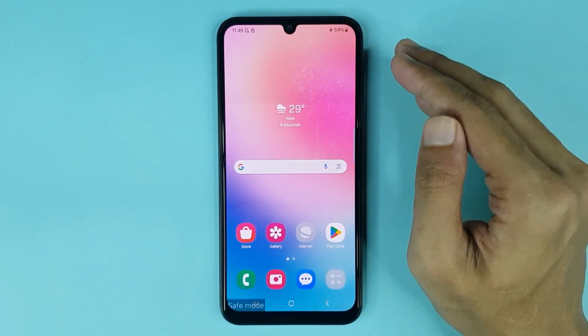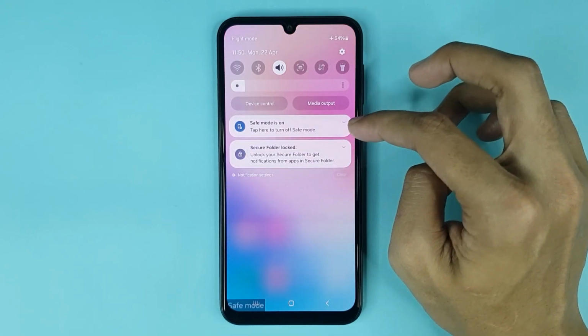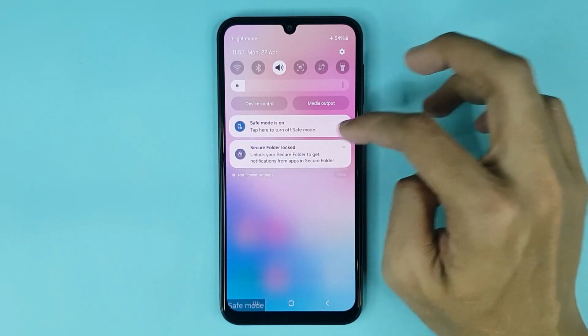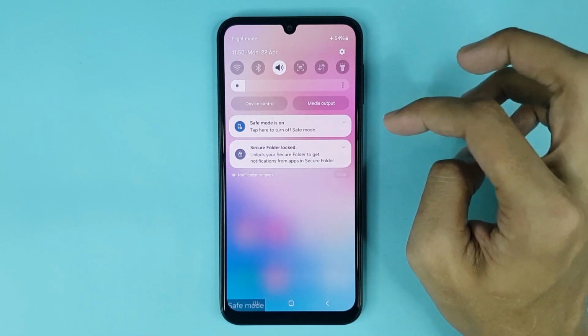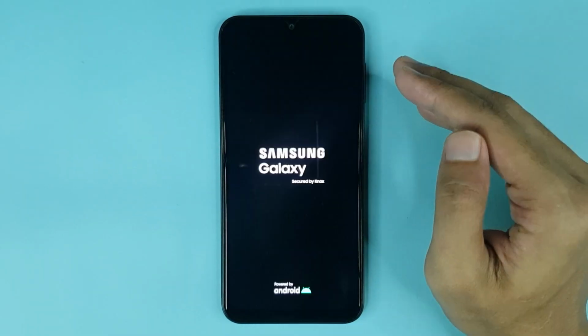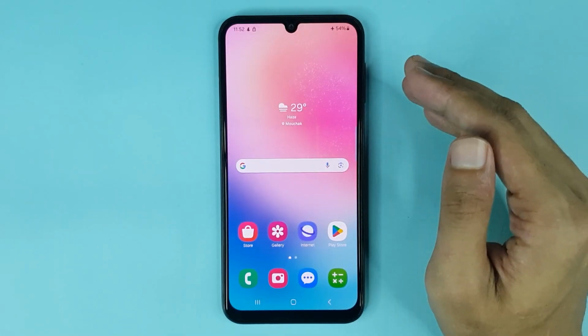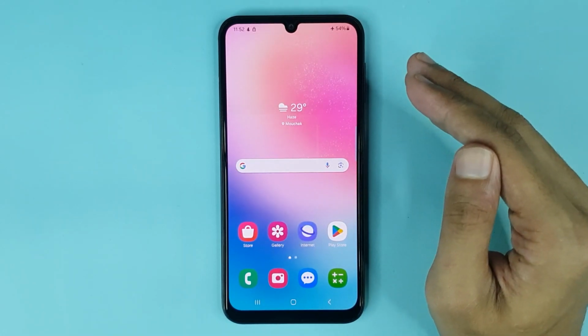Now if you want to disable safe mode, you have to swipe from top to bottom. Now here you can see the tap here to turn off safe mode option. Now just tap here to disable safe mode, then tap on turn off. Now the phone will restart again to disable safe mode, and after restart in my phone safe mode is